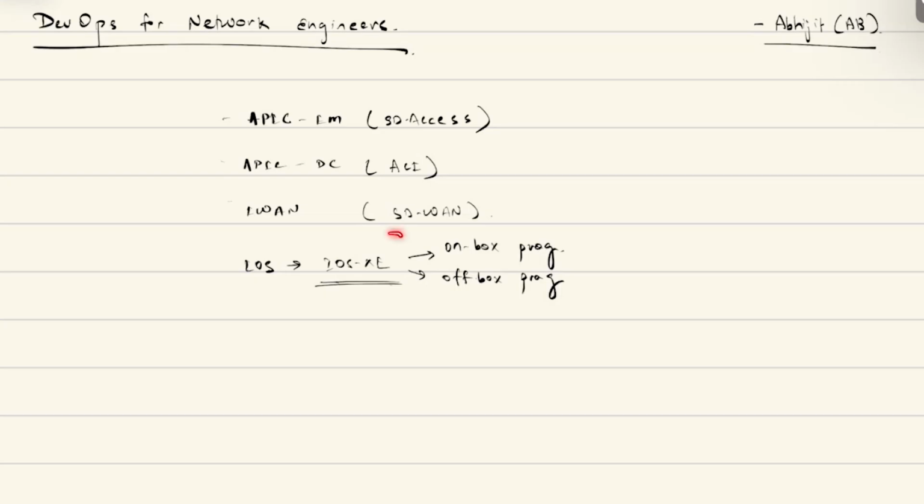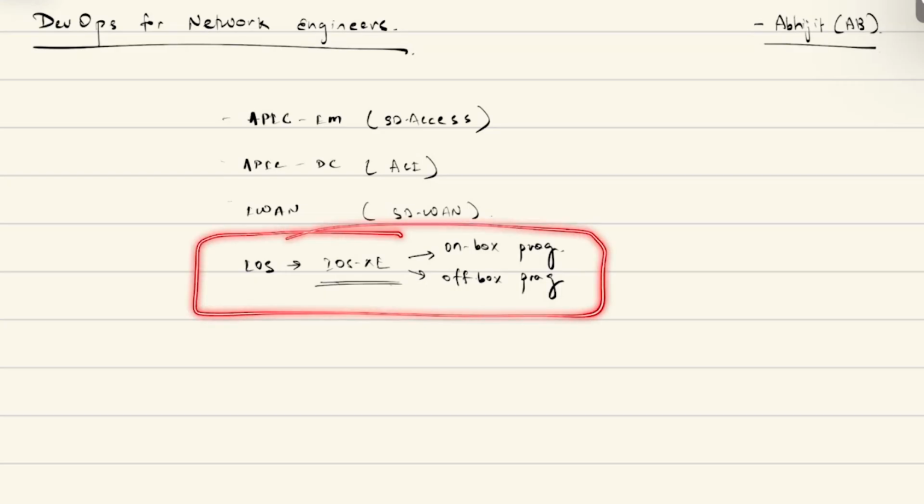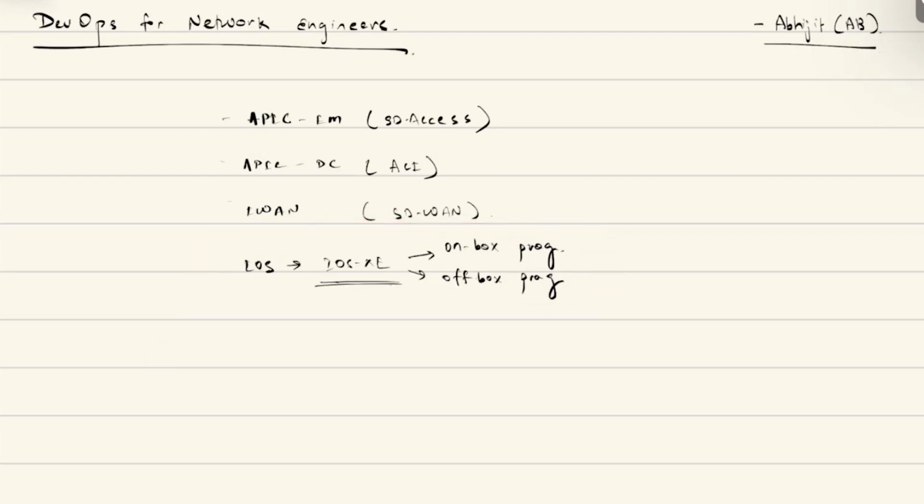I was very much impressed with the capability of how programmability can configure network devices. Now, in my college days, I was very good at coding. I used to enjoy coding in modern programming languages like C, C++, and all that.